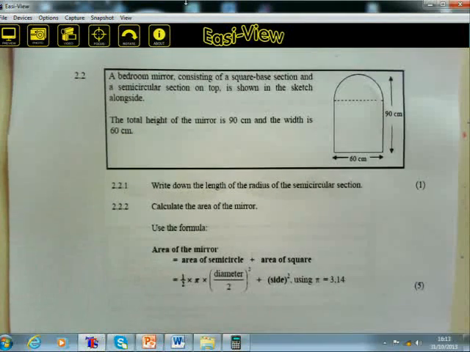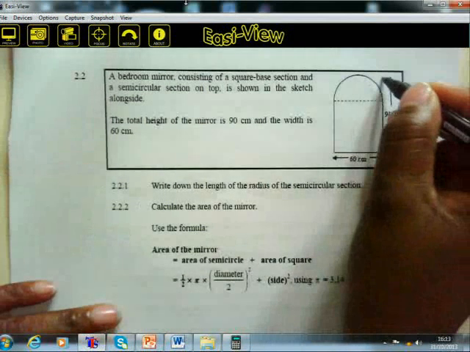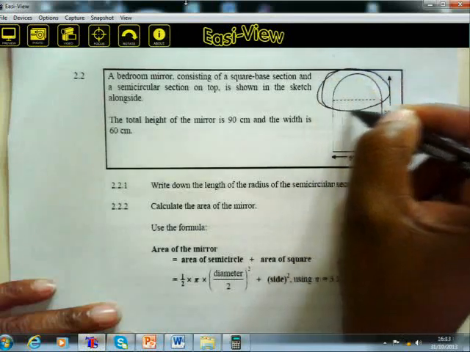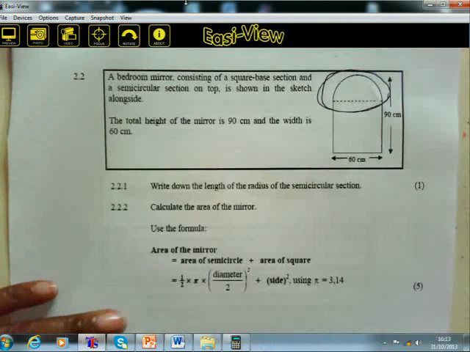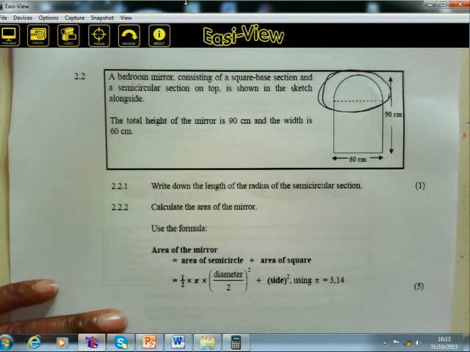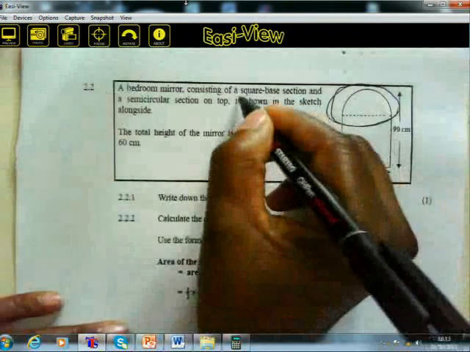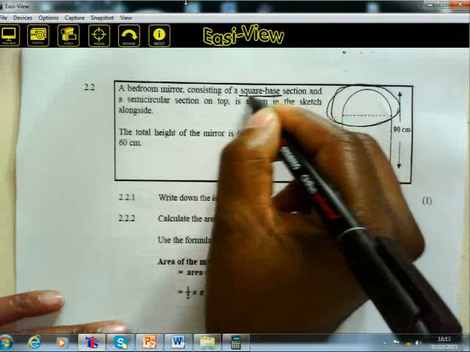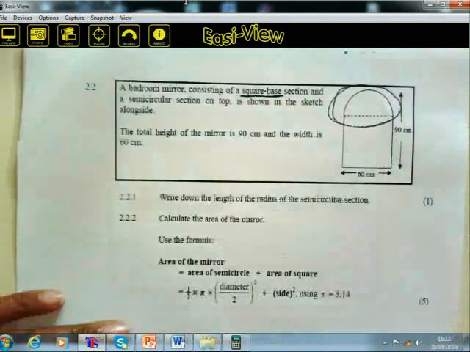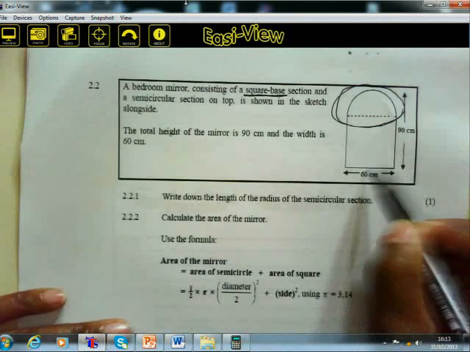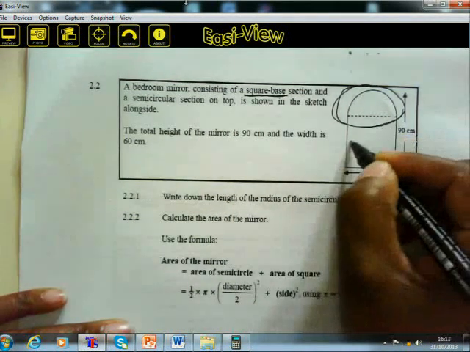What is the radius in this case? Semicircular section, which means they are referring to this section, this one, semicircular. Do we have any measurements on that side? Remember they said this is a square base. By square, what does it mean? It means this side, this side, this side, and this side,